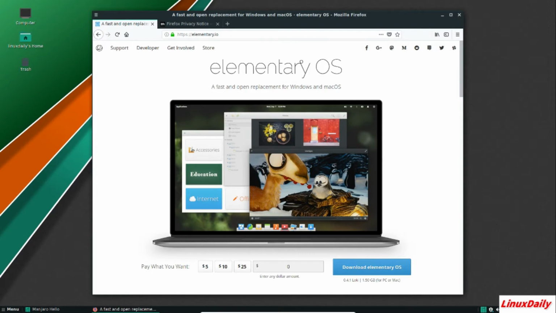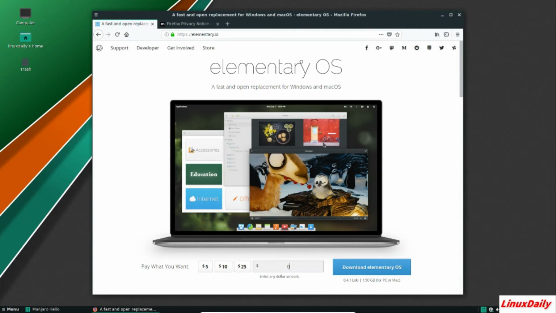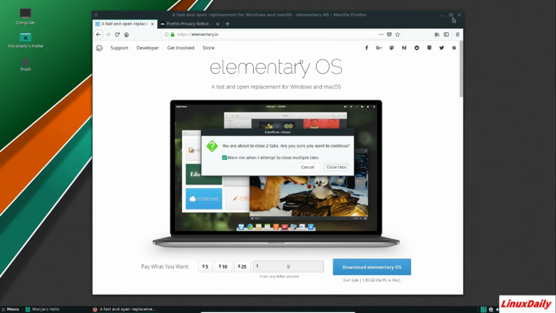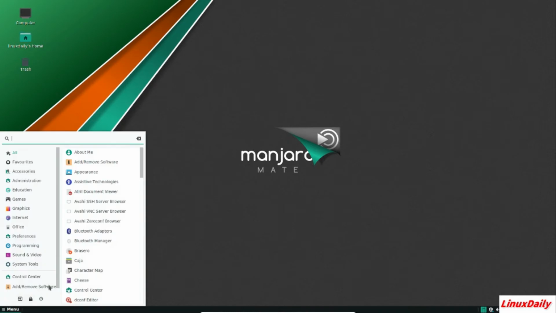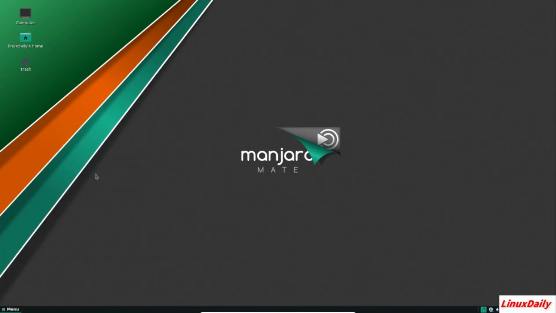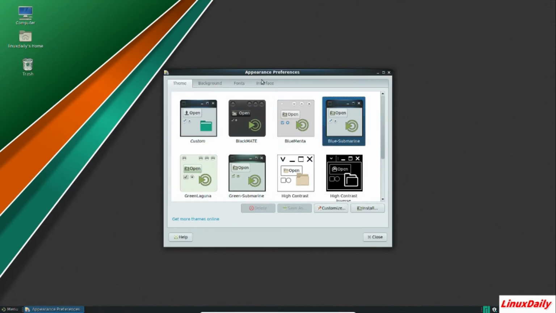Number 2, it is very customizable. Depending on the distribution that you're running, like in this case Elementary OS is not very much unless you install a different desktop environment, which kind of takes away the whole purpose of Elementary OS. But it is very customizable. Like on here, Manjaro, I can throw on a whole new desktop environment. I could also go down here in appearance and change all of this. Like I can go here, change the complete appearance on that.